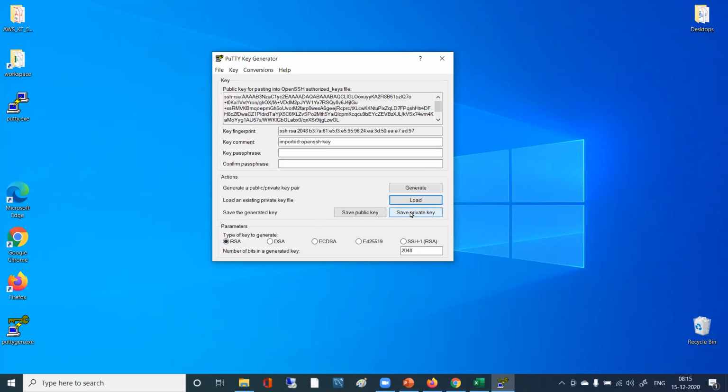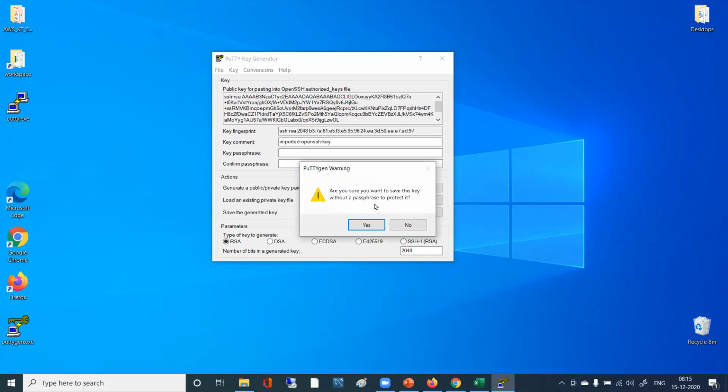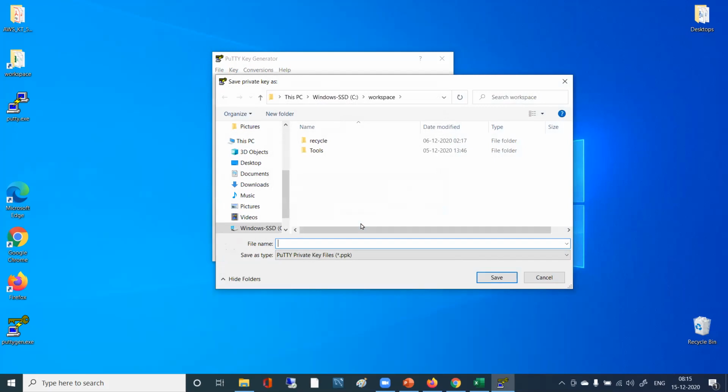Yeah, so just click on save private key. Are you sure you want to save this key without a passphrase to protect it? Yes. Say yes. Now it is asking for the place where you want to store that, right? What name you want to give? You give something relevant name. Red Hat. Okay.